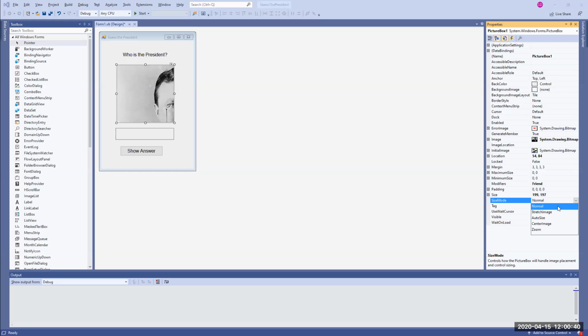The other one is stretch image. Most of the time, we're going to set stretch image. When you do stretch image, it's going to fit the image to the box the way it is, right? But it will change the proportion. So the president may look a little bit fatter than he is, right? Okay,